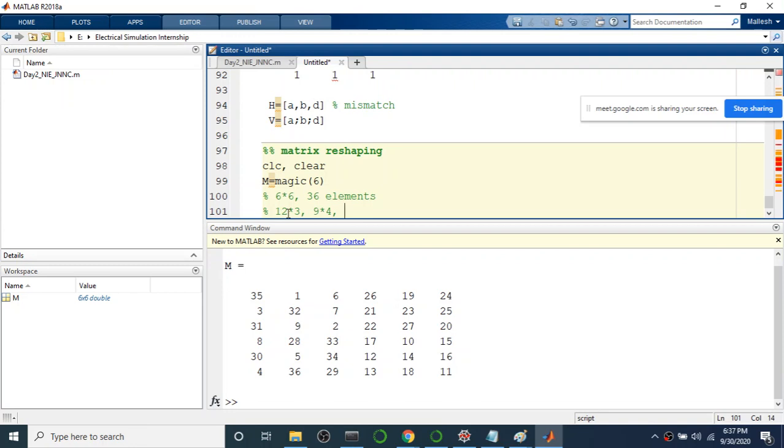Then 18 into 2. The reverse of all other combinations, like 2 into 18, 4 into 9, then 3 into 12. Any other? 1 into 36, 36 into 1.